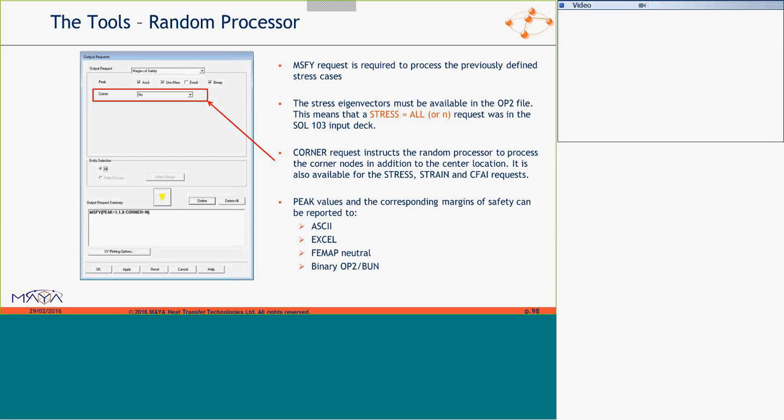But I also get more results, in other words, if I say yes, I also get my elemental centroid and all, right? It looks at the worst of all. So it's one result per element, and that result is the worst case result for the centroid and the corner results, which are nodal.